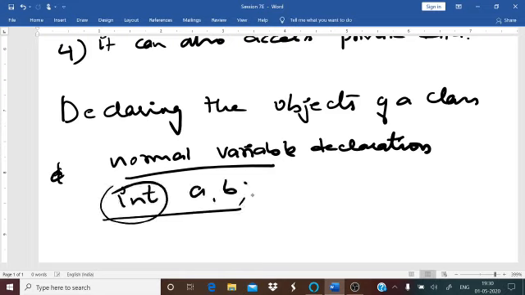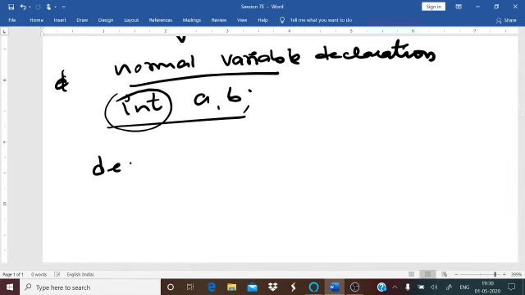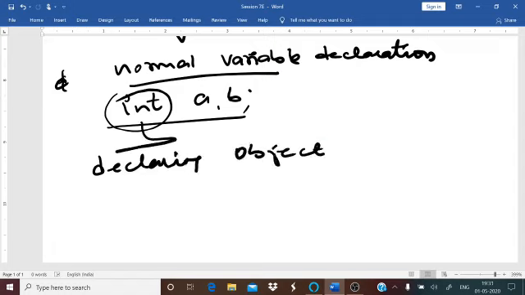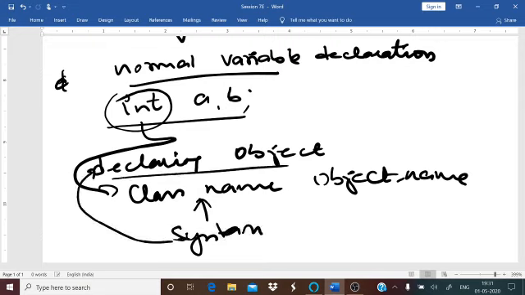This was your data type. Whereas when you are declaring an object, instead of this data type, you are going to use the class name and then the object name. This is your syntax for declaring an object.